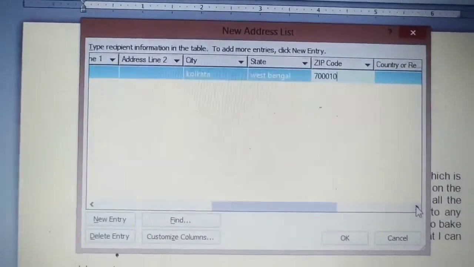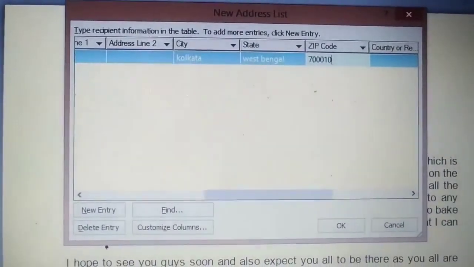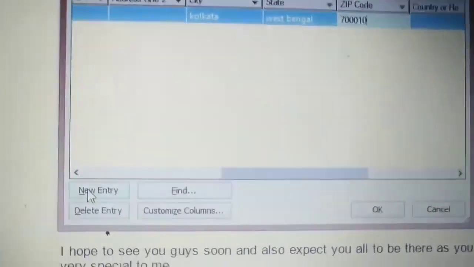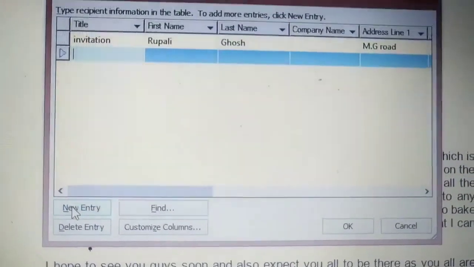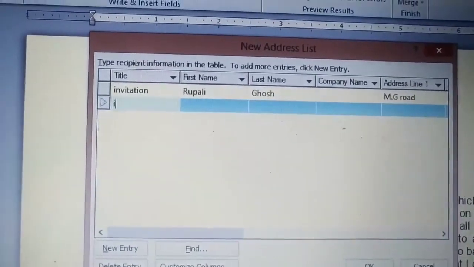Okay, so up to this you will fill, and after that, once one entry has been done, you have to click for the new entry for the second one. Second one I am also typing.